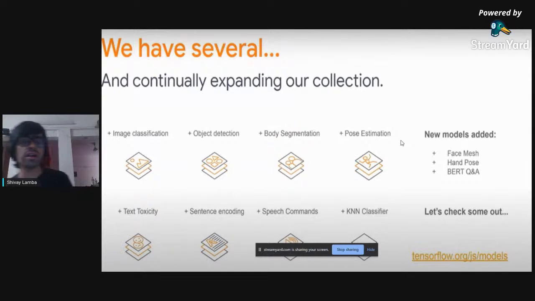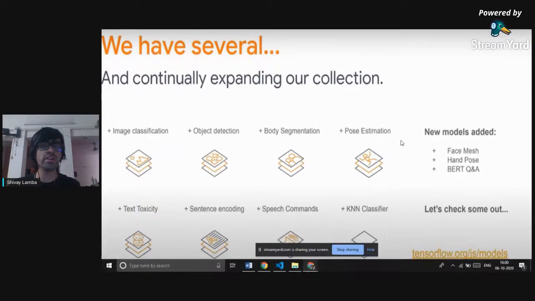Now, coming on to the already existing models that are created. I've already said that there are a lot of different models that you would find pertaining to image classification, object detection, body segmentation, pose estimation, finding out how toxic a particular text is, doing things like speech commands, running some of the more popular machine learning based models like the KNN classifier, which is again a very popular algorithm within machine learning. So it provides you easy to use models that can be directly imported within your project,